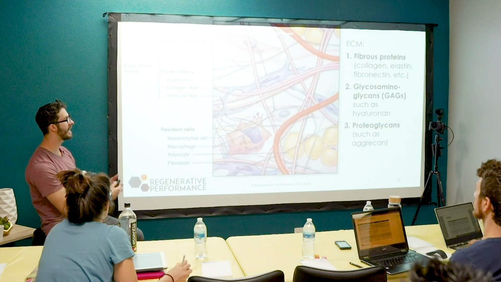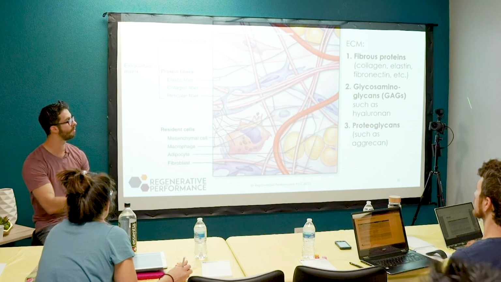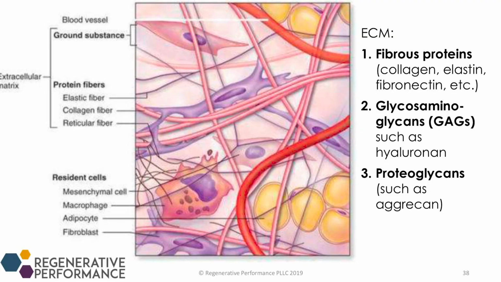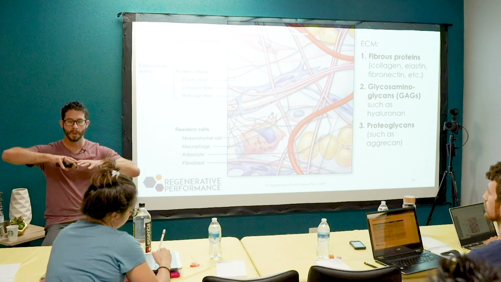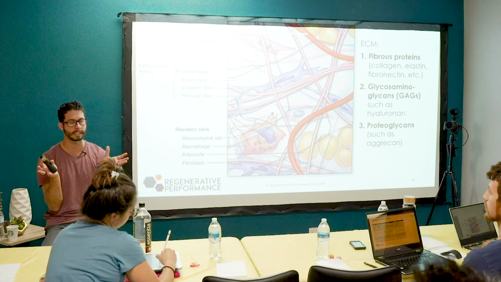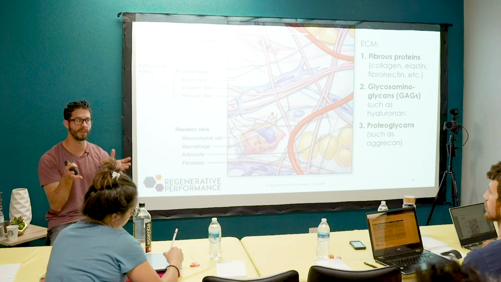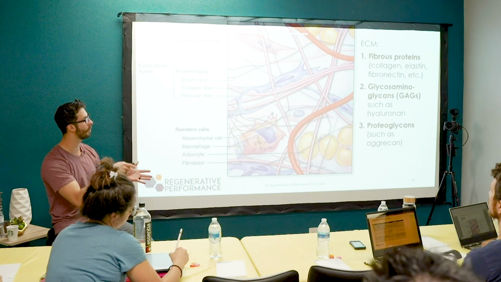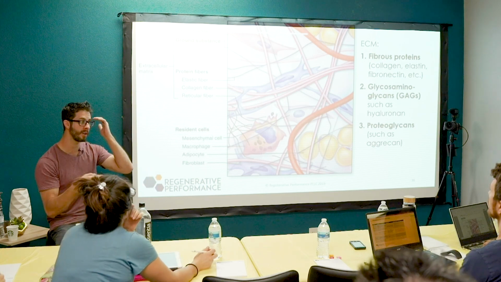Extracellular matrix is our collection of fibrous proteins. That's things like our collagen, elastin, fibronectin, our glycosaminoglycans, so hyaluronic acid or hyaluronan is the one that we mostly know about. And then proteoglycans such as aggrecan, which is really important in cartilage and we'll talk a bit more about later. But this extracellular matrix exists in conjunction within this framework, this structural framework of our tissues,